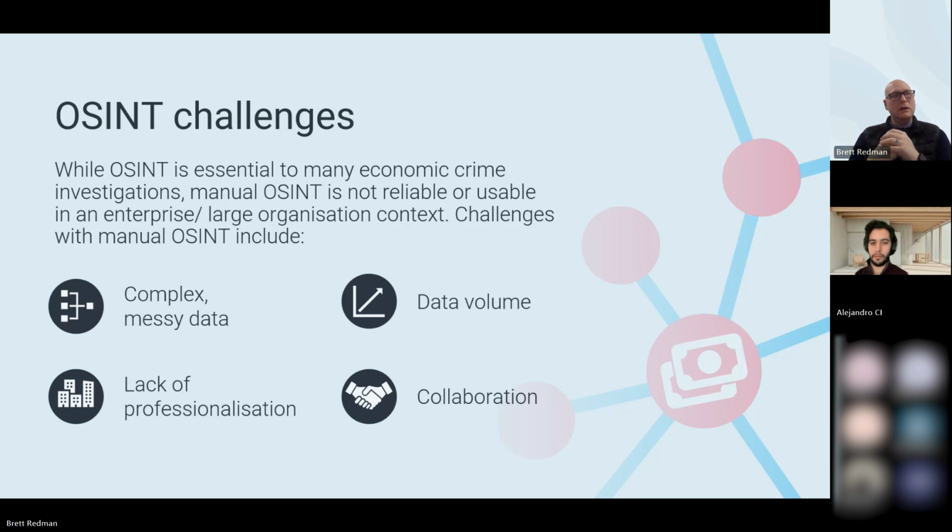There's often, within open source intelligence, a difficulty in collaborating with other investigators when looking at information or intelligence or mapping out networks. And that's particularly because unless you're using platforms, there isn't a way to be able to visualize this. Now, all of these examples that I've given you previously are only relevant to manual investigations. And I think what we'd like to be able to move on to is how we overcome these barriers.